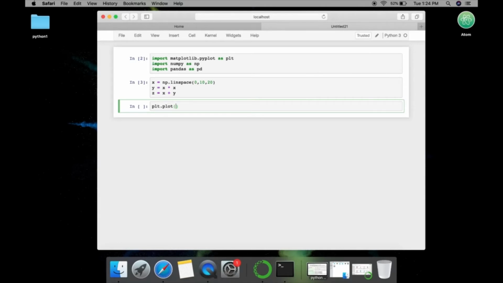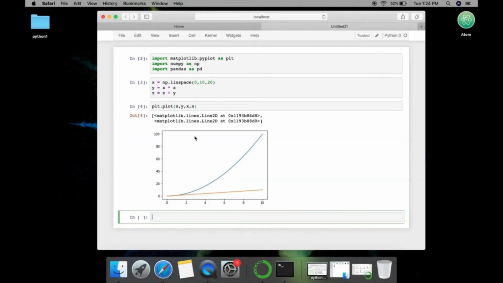That is, we have done plt.plot and then x comma y comma x comma x, something like this. So here I have used the same graph for plotting these two different values. But what about using different graphs to plot these different values? So there comes a role known as subplot. That is something like in the same page we have different plots, and to have them we just use plt.sub